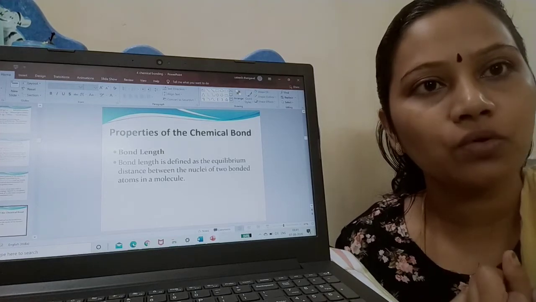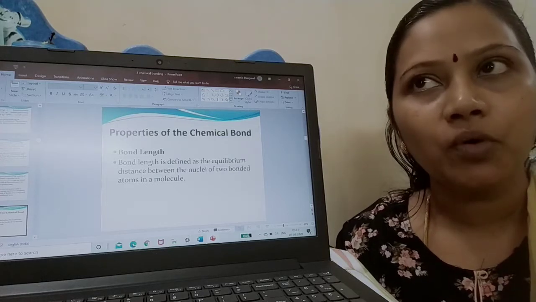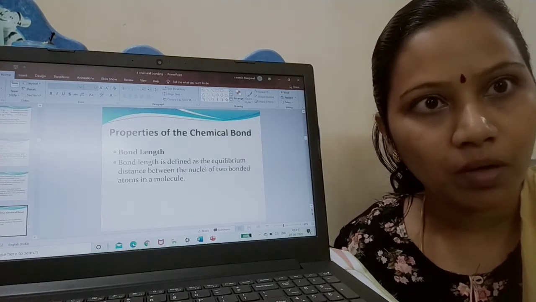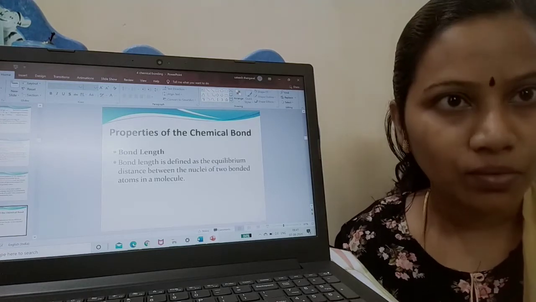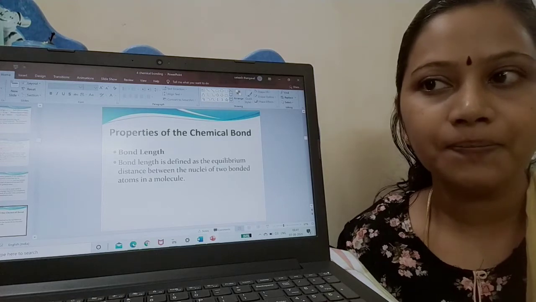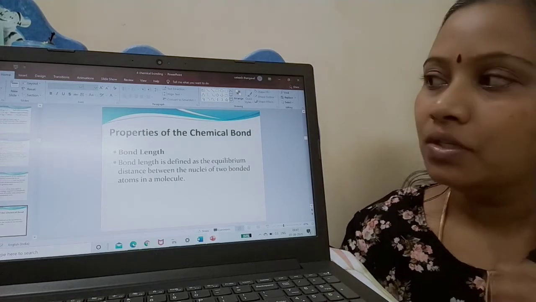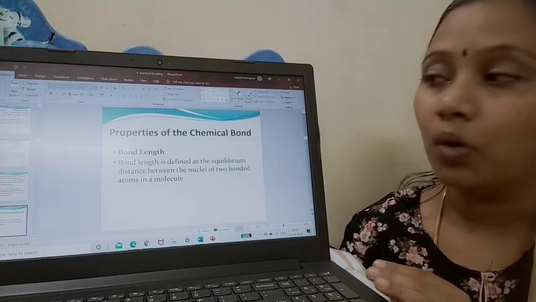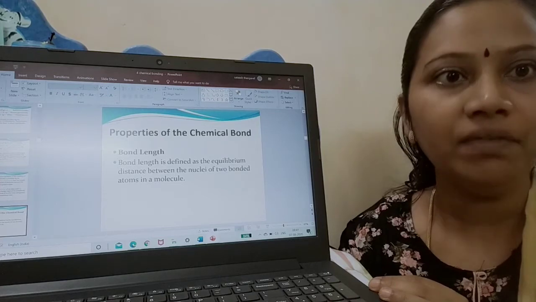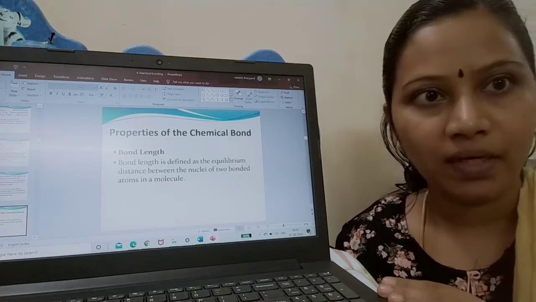Then we saw what is Kossel's approach on a chemical bond. Then we saw about ionic bond, we saw covalent bond, what is a polar bond, what is non-polar bond, we saw what is Octet rule, then what are the limitations of Octet rule, that is expanded octet, incomplete octet, like that we saw. Today we are going to concentrate on the properties of chemical bond. We are going to look into some of the definitions and we will be dealing with VSEPR theory, which is very important in this chapter.